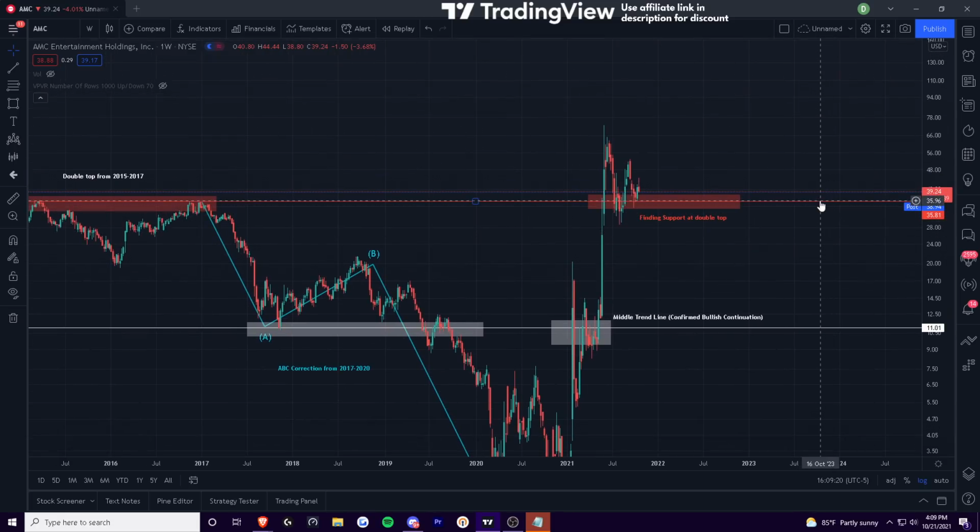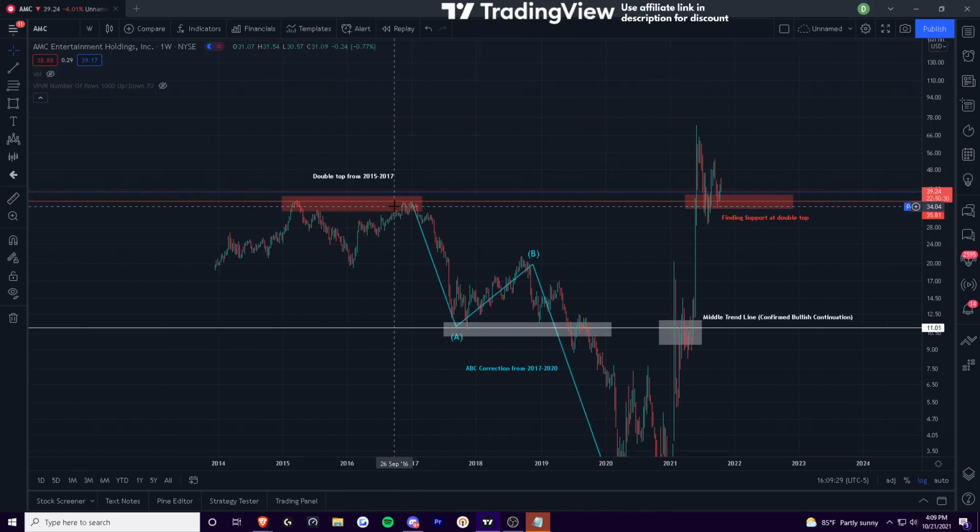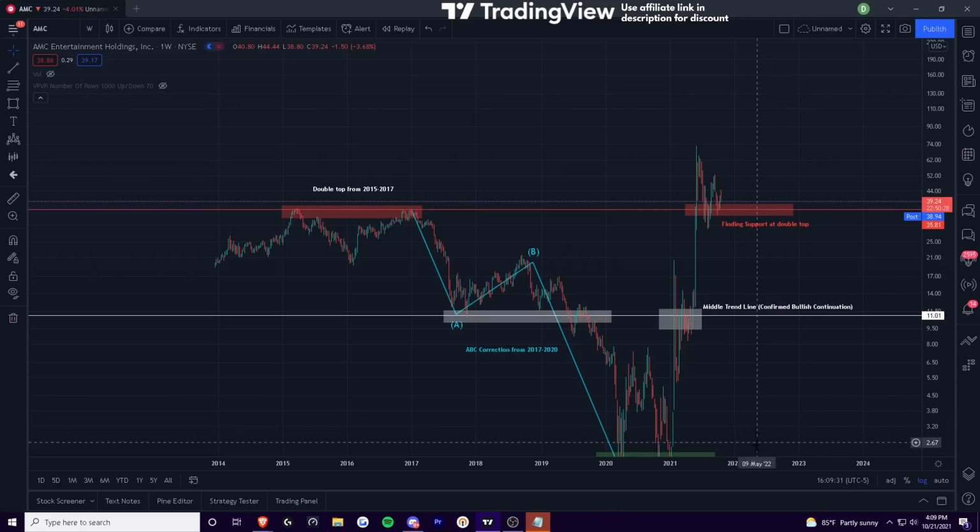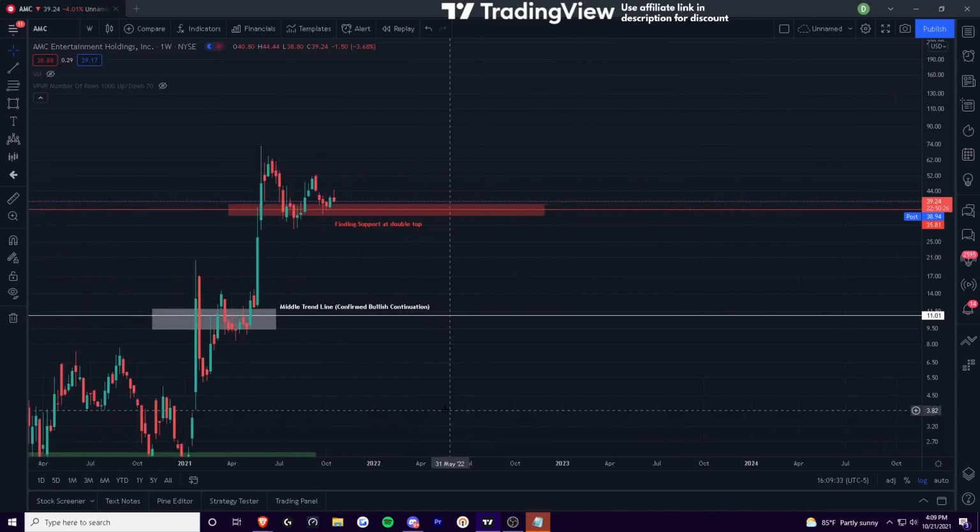It's, you know, right here in this 35-ish region is our most recent bounce. So this is significant, right? Significant support for AMC historically. So what does this mean? Well,